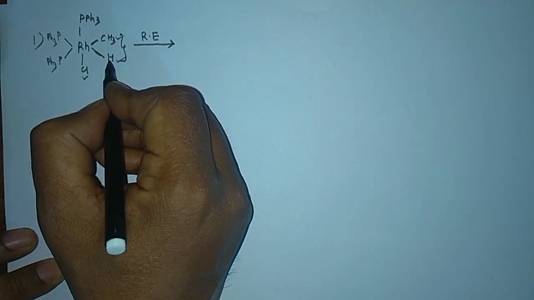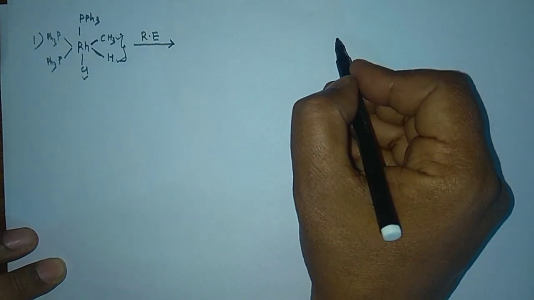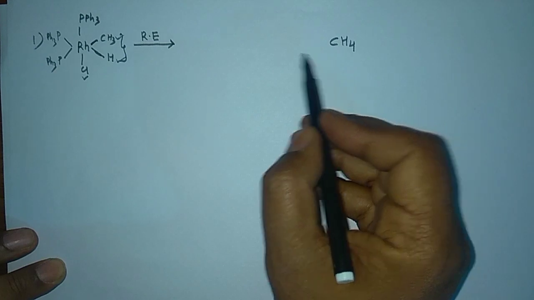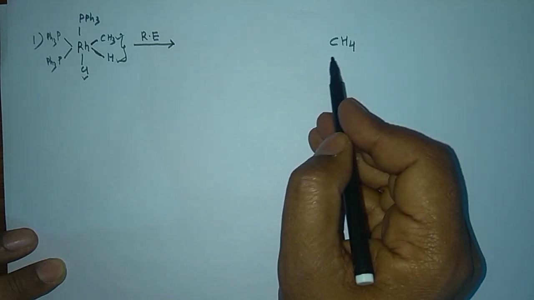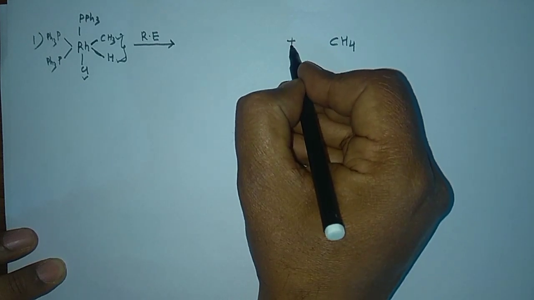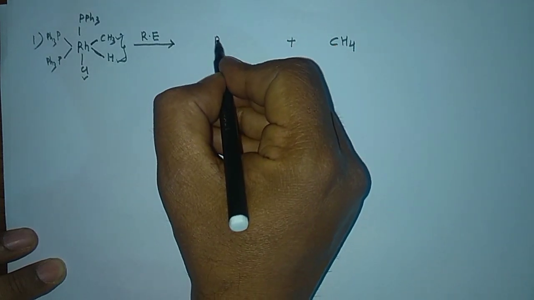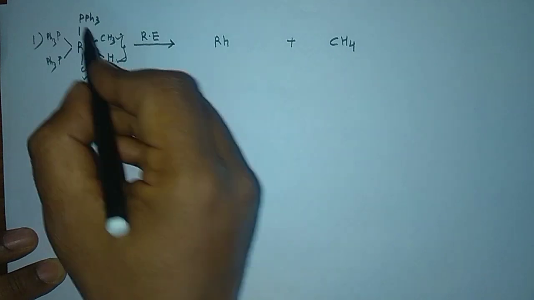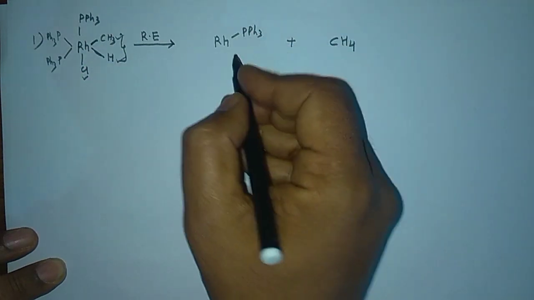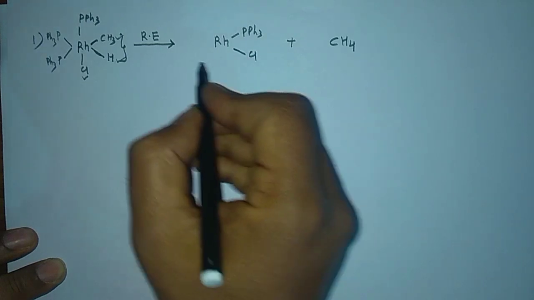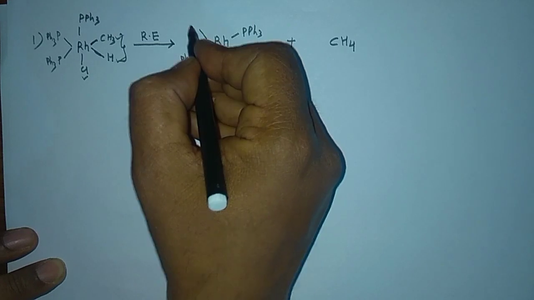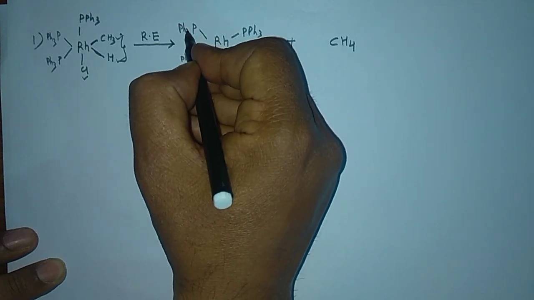I can combine this CH3 and H, as I already told you. Then I'm having my CH4, and by this I am producing some organometallic compound and also producing some important organic compounds. And then you are left with this particular complex, that is Rh. This is your PPh3, which would come here. And this is your Cl, and the rest of the two triphenyl phosphine, PPh3 and PPh3.